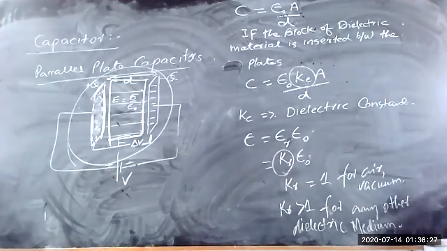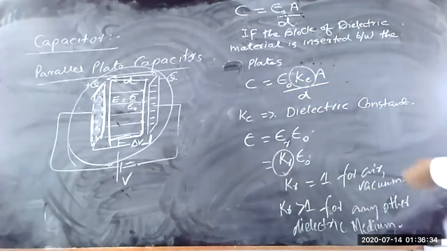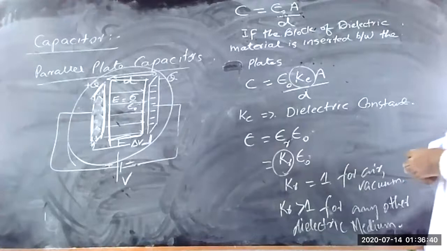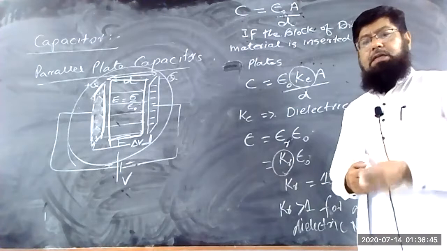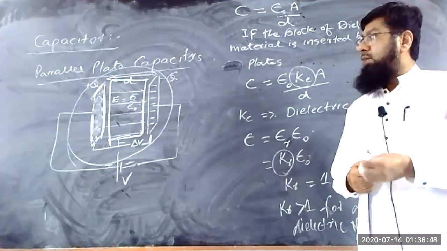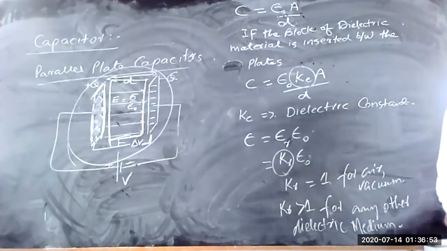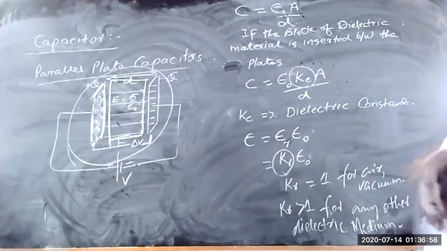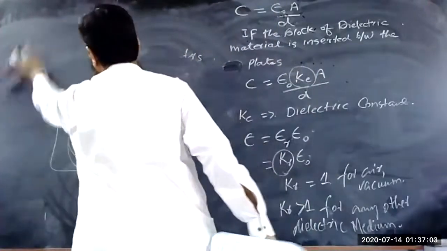So here this is the capacitance of the parallel plate capacitor. So now the capacitor may have different shapes. Capacitor may be a cylindrical capacitor, capacitor may be a spherical capacitor. So now we have to look at how the capacitance can be calculated by using the cylindrical capacitor or spherical capacitor. So now we are looking at the capacitance of the cylindrical capacitor. So here this was the parallel plate capacitor. So now we are looking at the cylindrical capacitor.